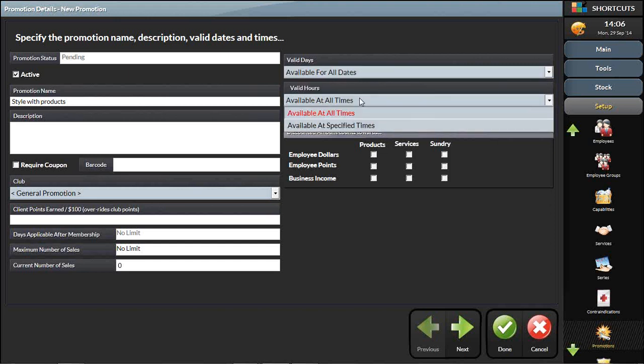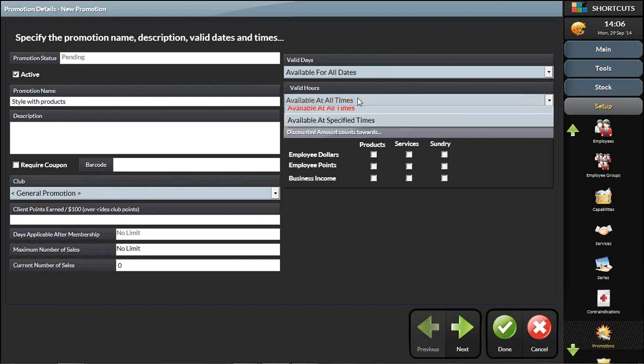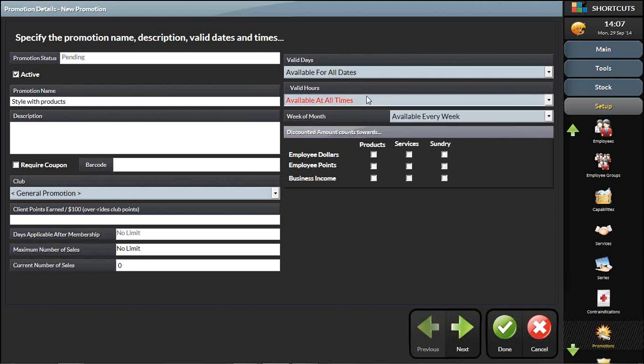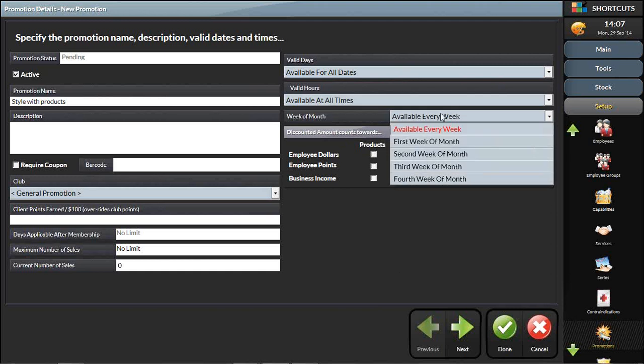You can also be particular about what days and what times it's available. It could be available all the time, or just for specified times. So we could say that it's only available Monday, Tuesday, Wednesday, or Monday, Tuesday, Wednesday and half a day on a Thursday. You've also got the option now to say whether it's available every week, or the first, second, third or fourth week of the month. So you could be quite clever and do it on all styling services over Christmas, which would be the fourth week of the month, and then it would automatically run for that week and then automatically